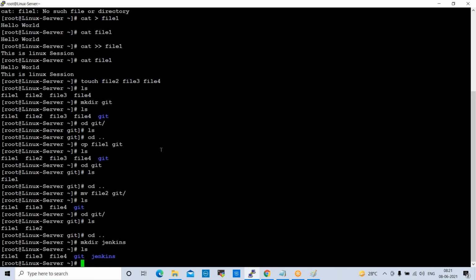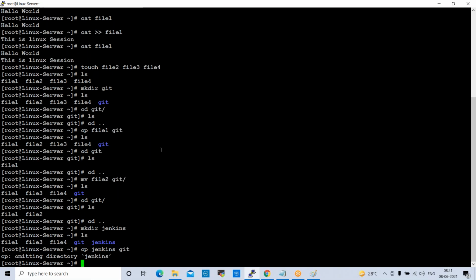So now if you check ls, okay, so these are the files and directories. Now I want to move the jenkins directory to the git directory. So move, copy, both we can use here. Okay, first we copy this, cp jenkins directory to the git directory.